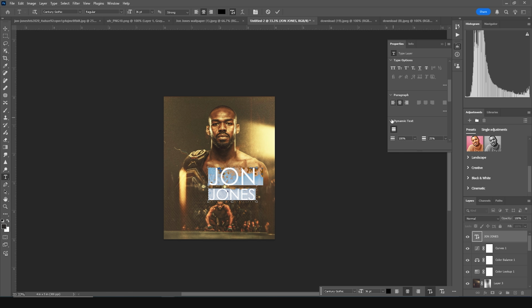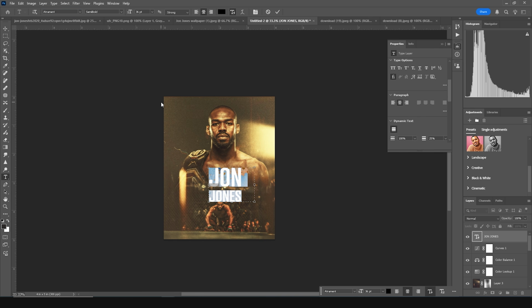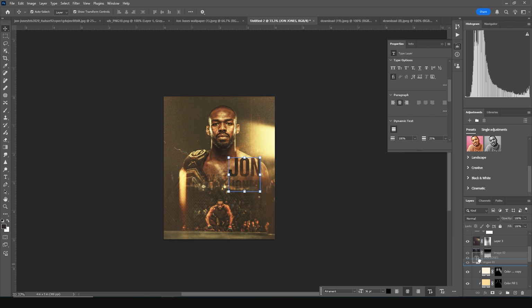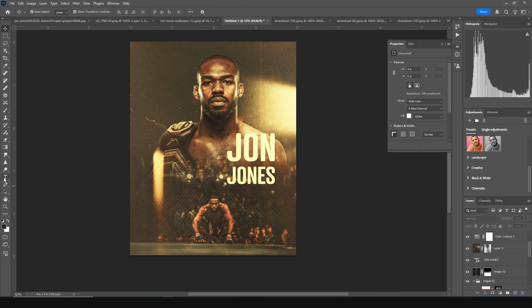So let's double click this text layer and let's change this font. I'll just go with this font, just like that. Let's keep it right around here, and let's keep it under that texture file, just like so. Here we go. And let's change the font color a little, just like that. Let's add one more text right around here,